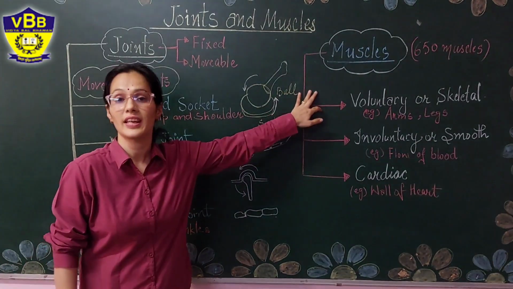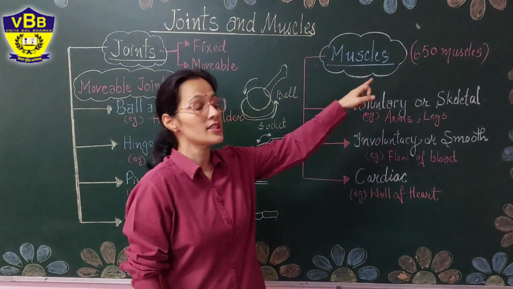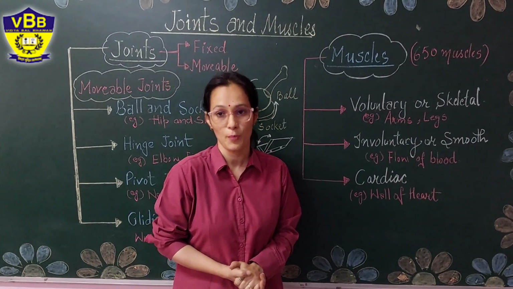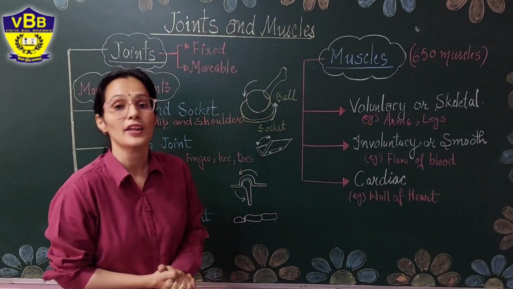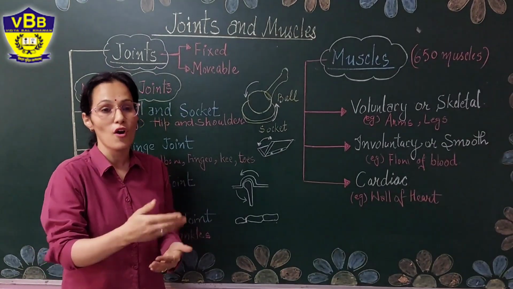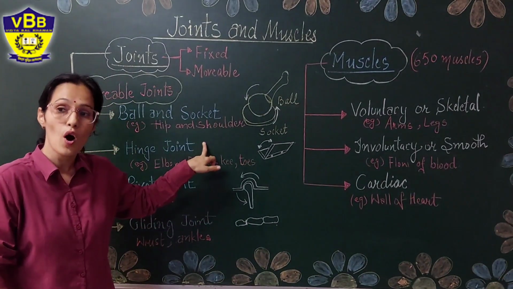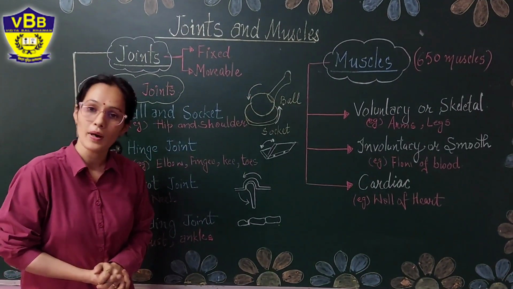These are attached to each other with the help of muscles. Yes. So we have 650 muscles in our body which help in the attachment with the bones, which allow us to move our body forward, backward, in all directions. Our skeleton can do all the work with the help of muscles only.